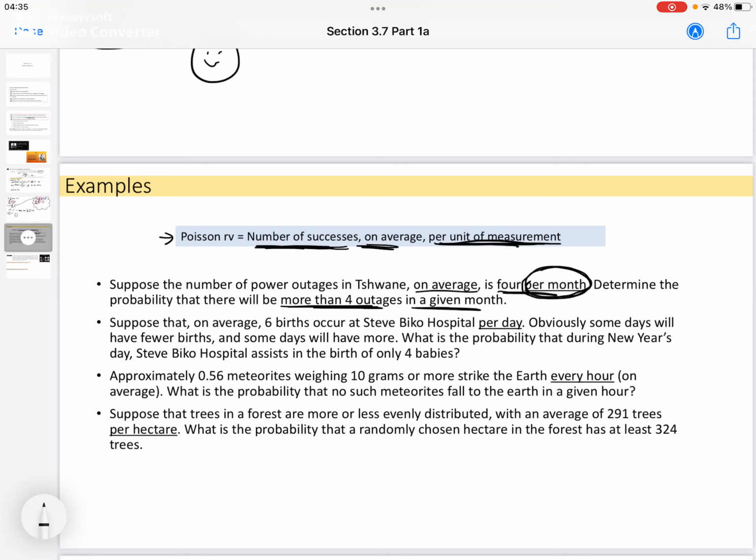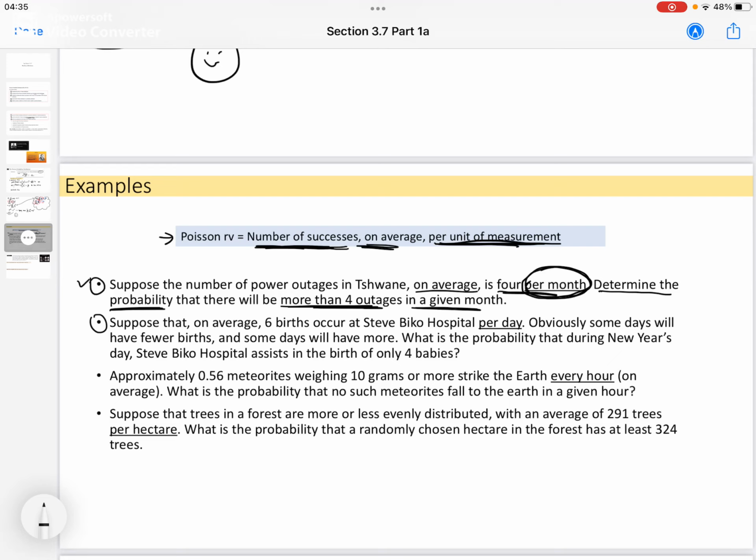Okay, so suppose that we're just looking at an example where on average we have 4 outages per month. Now, we will use the Poisson distribution to calculate the probability of observing more than 4 outages in a given period or a given interval of time. In this case, the time or space that we're looking at is a month, right? Okay, so the second